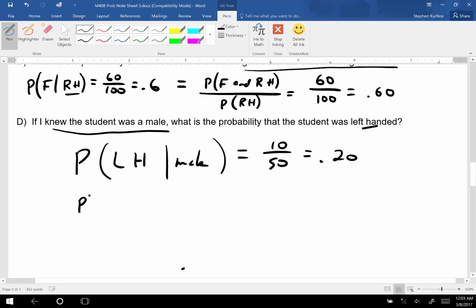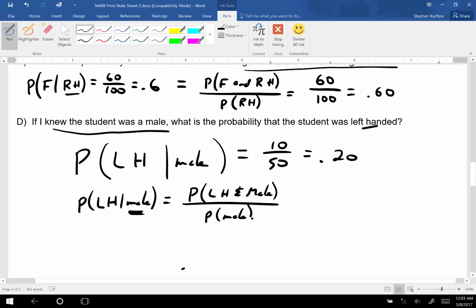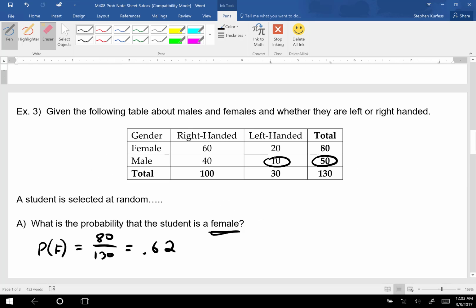Okay, so the probability that a person's left-handed given that they're male is the probability that they're left-handed and male divided by the probability that they're male. So let's take a look at the chart. Probability they're left-handed and male. So let me just erase the things I just did here. Left-handed and male is this guy right here, 10. So it's 10 divided by the probability that they're male,